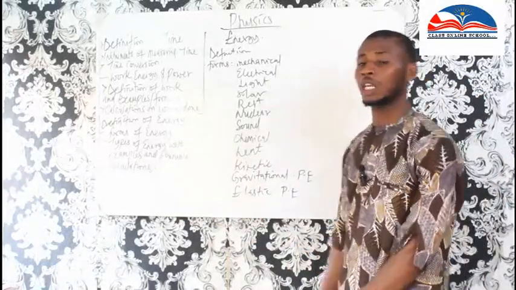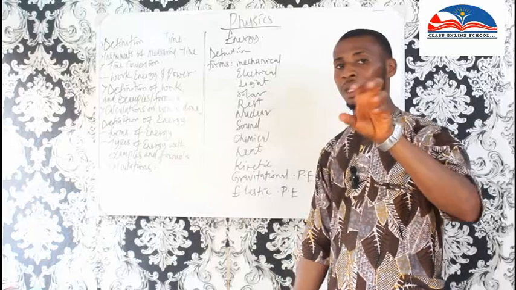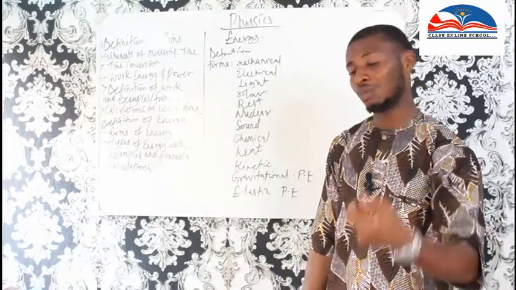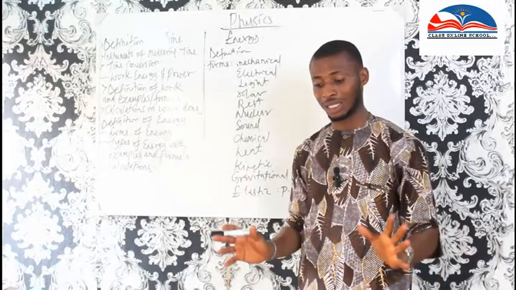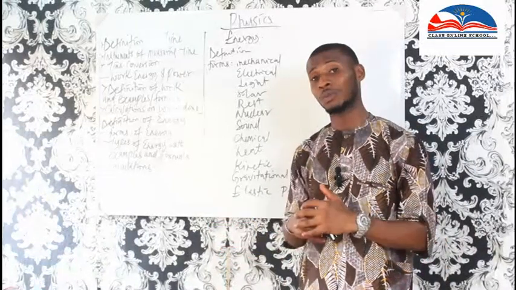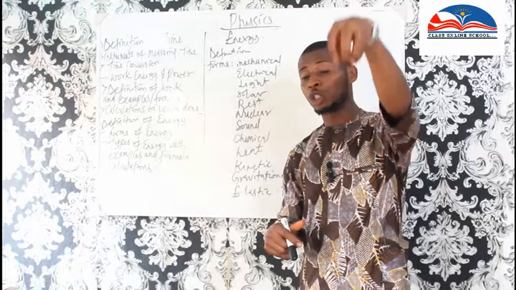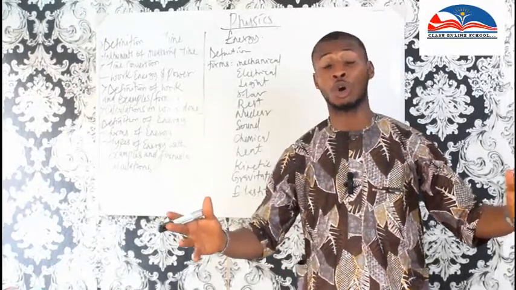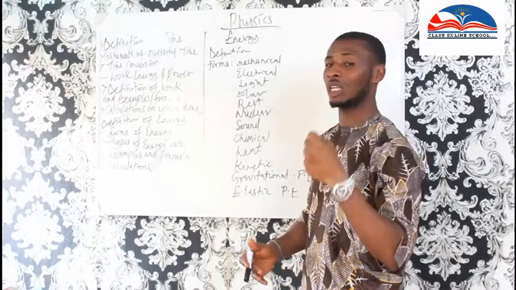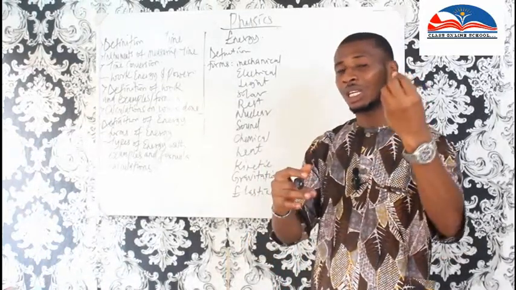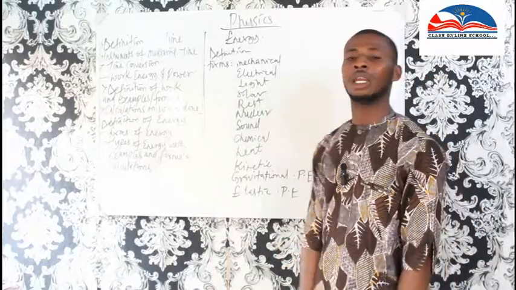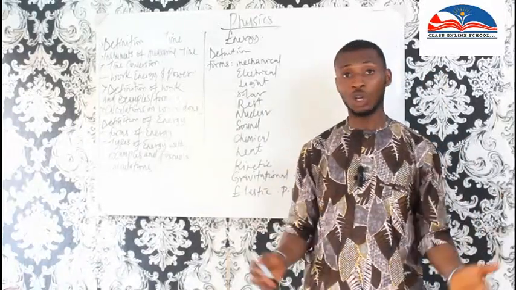Okay, light energy, the energy in a light bulb. There is an energy in a light bulb. Imagine there is a dark room, and you position a bulb and that bulb has light. What happens? The illumination comes. That is what we call luminous energy. There is illumination in your bulb. That is light energy.